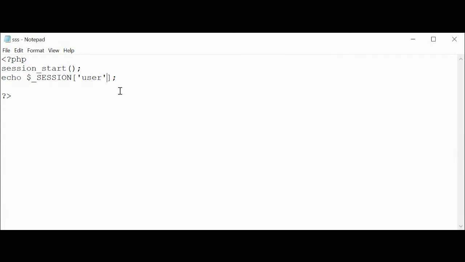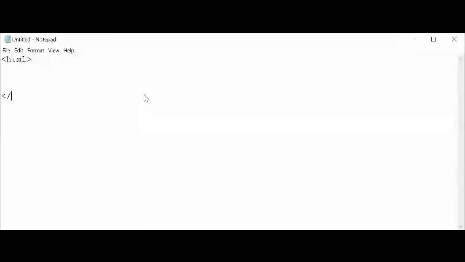So now I'm actually echo $_SESSION user, right? So I'm going to share you the screens. If you see here, in the sss.php, it's going to be Ali, right? Because I have started sessions. So let's go into a context of login, which is normally where we apply a session, right, in the login